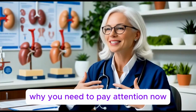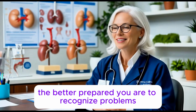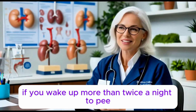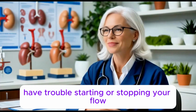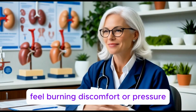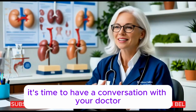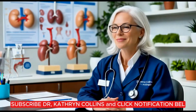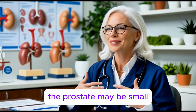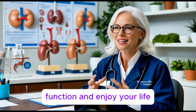Why you need to pay attention now. The earlier you understand how your prostate works, the better prepared you are to recognize problems before they become serious. If you wake up more than twice a night to pee, have trouble starting or stopping your flow, feel burning, discomfort, or pressure, notice changes in sexual function, it's time to have a conversation with your doctor and with yourself. This isn't about fear. It's about awareness. The prostate may be small, but it plays a big role in how you feel, function, and enjoy your life,